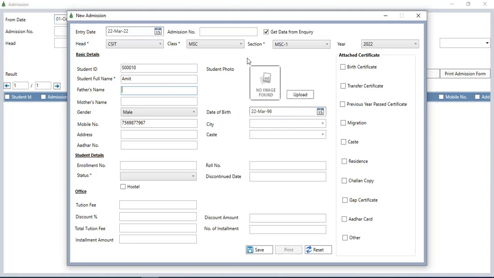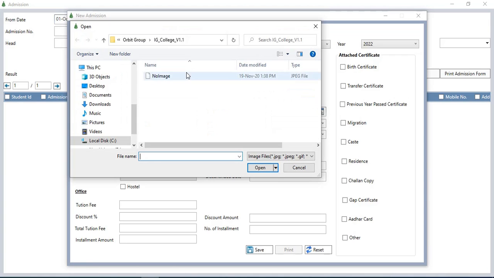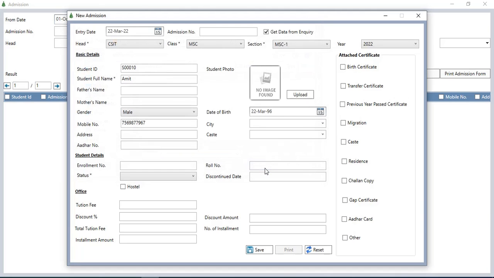And if you want to upload the student photo, you can upload it from the upload button. You have to select the image, then click on the open button. Then the image will be saved in this. And in the student detail, you can enter the roll number, enrollment number, and their status which is active or discontinued,